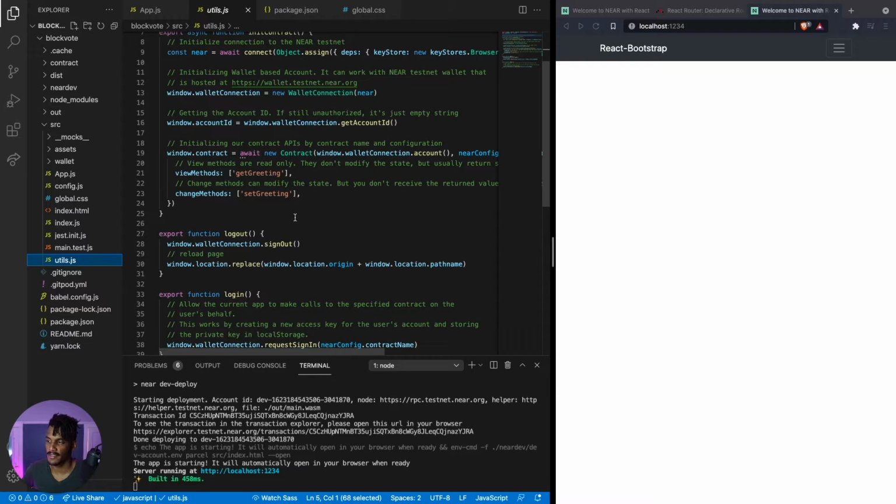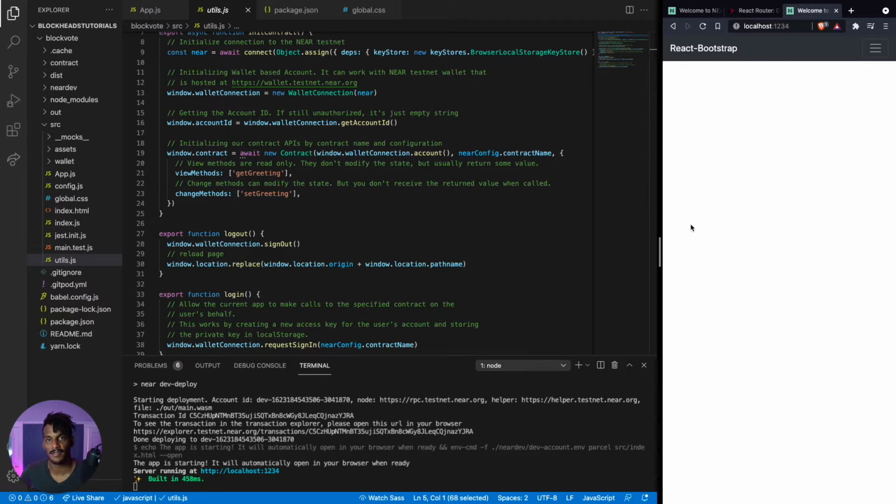So what are view methods and what are change methods? View methods are read-only. They do not modify the state of the blockchain. They only return some value. And change methods modify the state of the blockchain, and they usually do not return a value when they're called. So let me explain some keywords here. So state